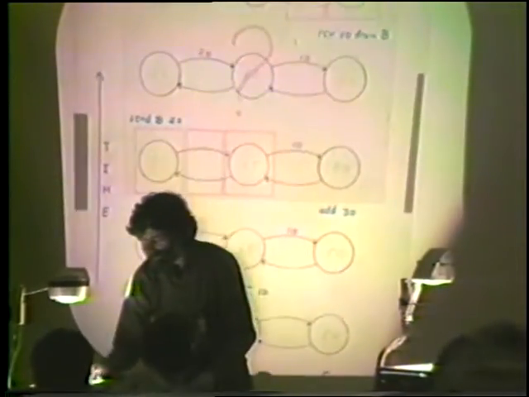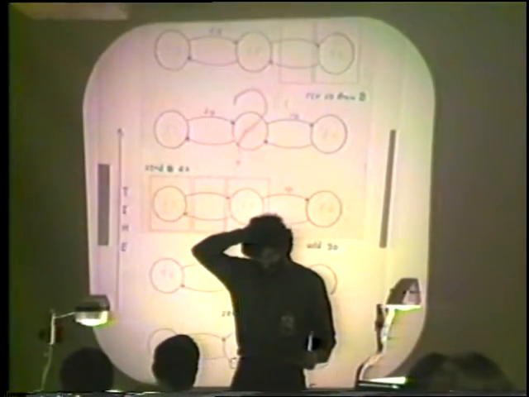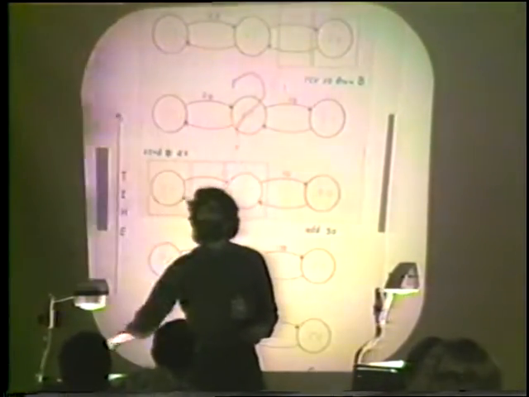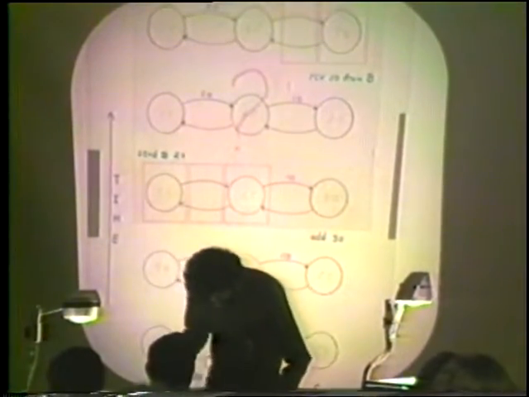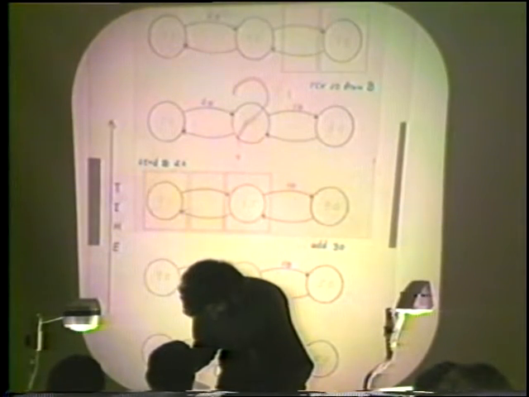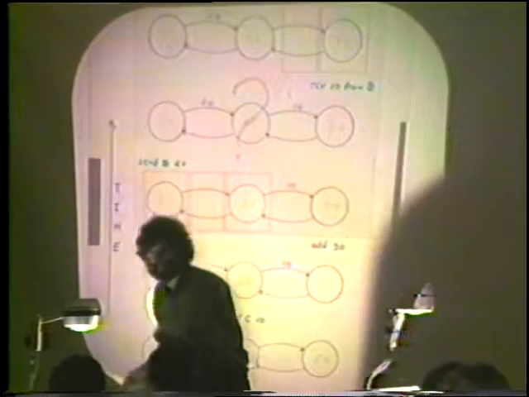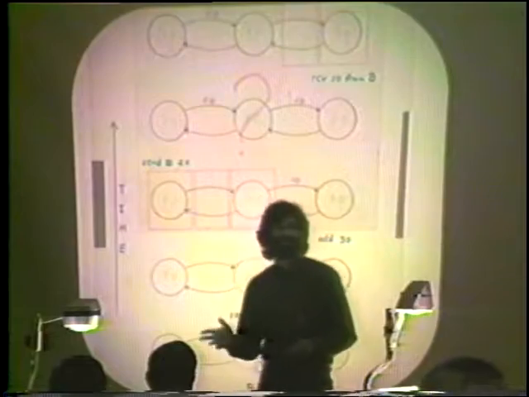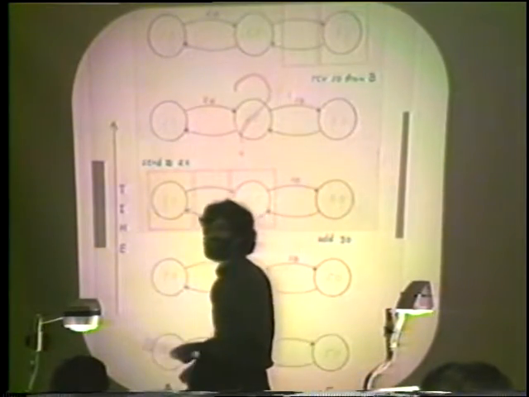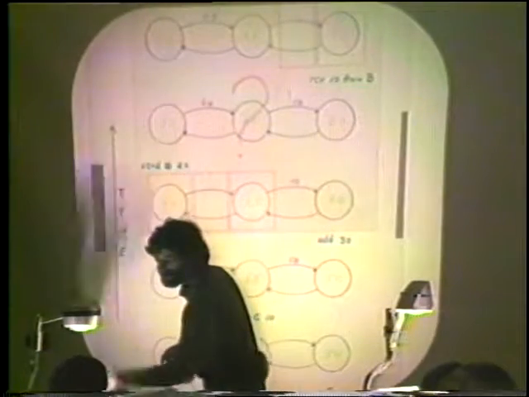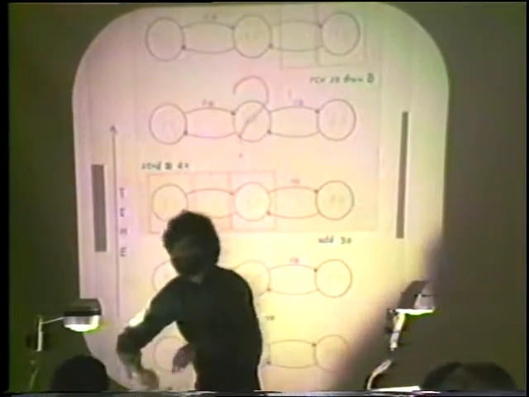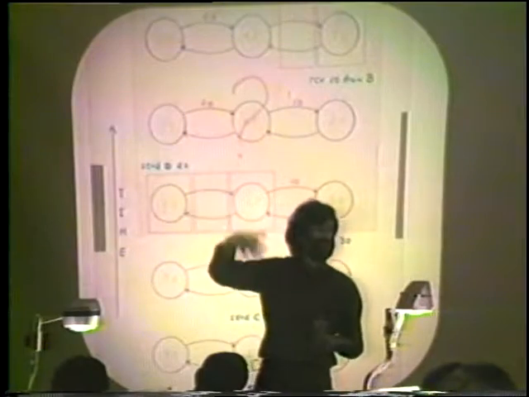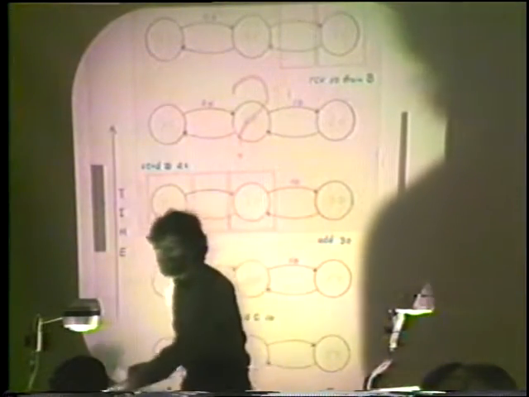Now, the sort of picture that I drew here is one way of viewing the system. In fact, what did I call it? Well, I've forgotten what name I've given it, but I'm sure it's written on a further slide. But it's a way of viewing the execution of the system as a sequence of operations. First this event happens, then this event happens, then this event happens, looking at the state globally and thinking of it as a sequence of states with events that take you from one state to the other.